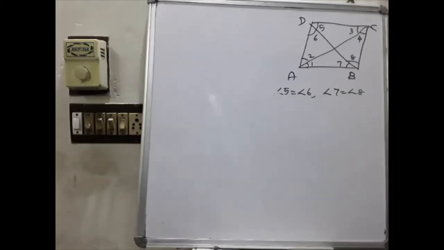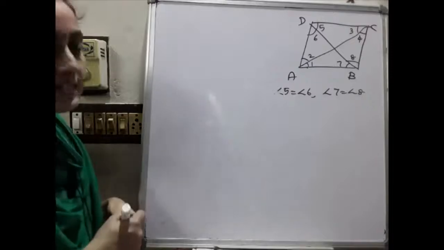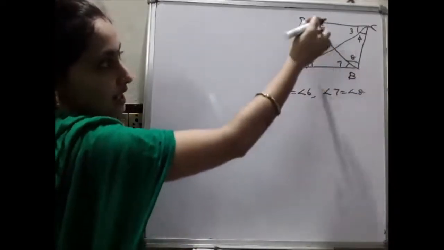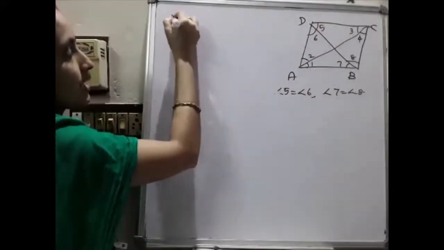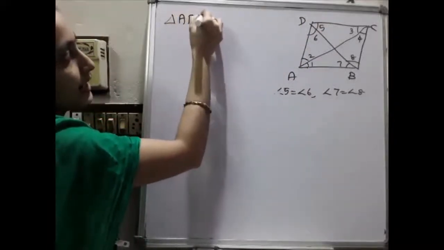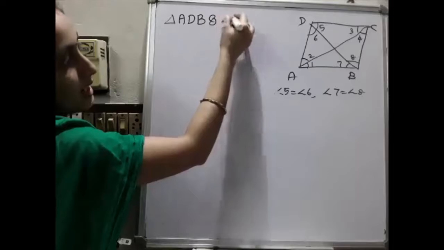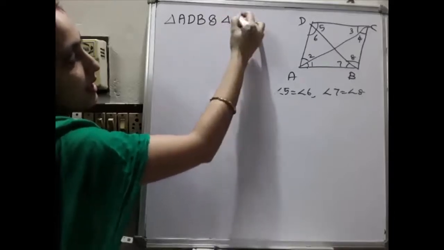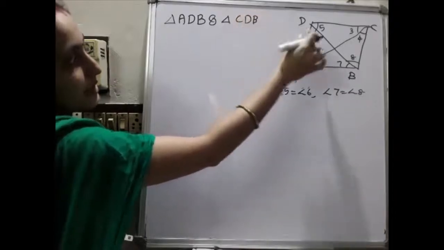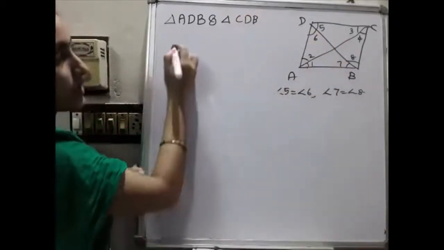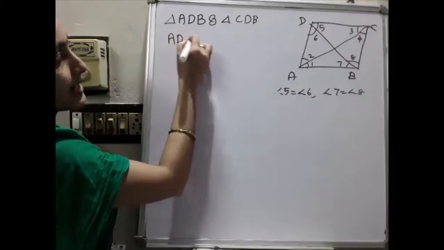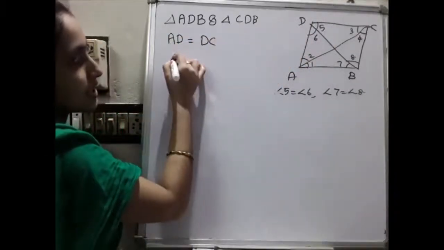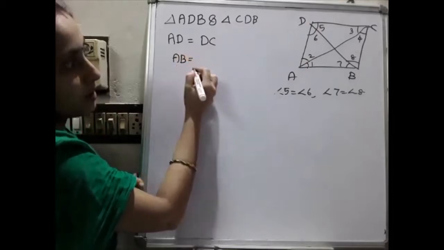Okay, we want to prove the second part, that is angle 5 is equal to angle 6 and angle 7 is equal to angle 8. For that we have angle 5, angle 6. So this triangle and this triangle you have to consider. So consider triangle ADB and triangle CDB. This triangle and that triangle. Okay, so you can write it as AD is equal to DC. This one and this one are equal, and AB is equal to